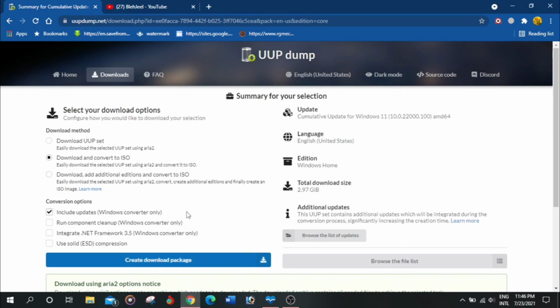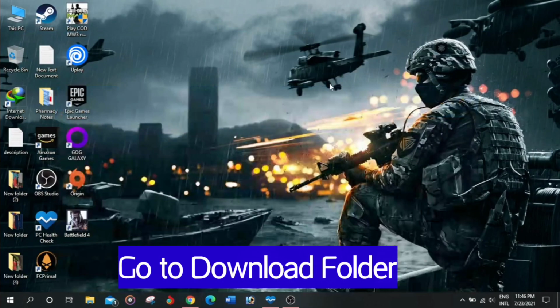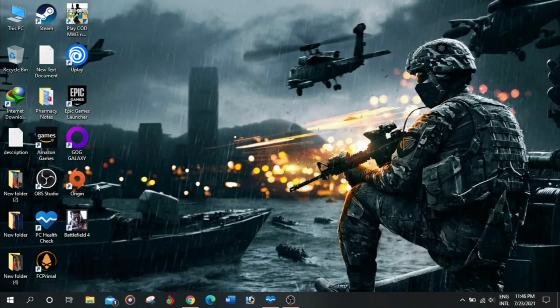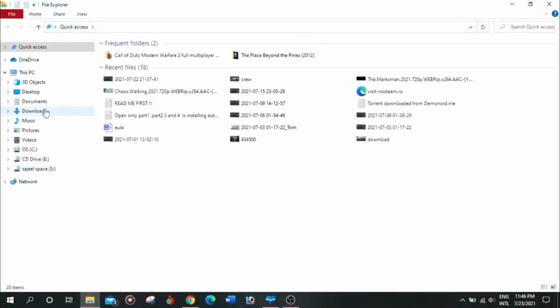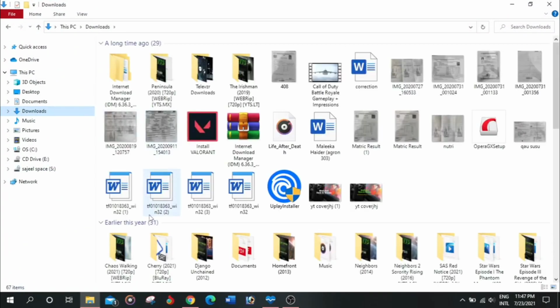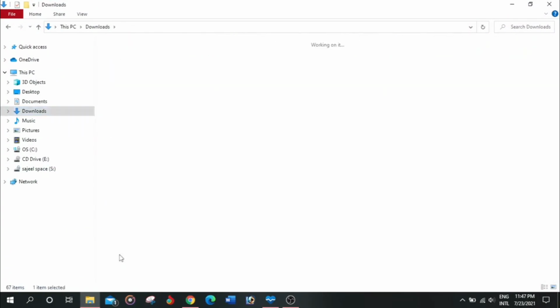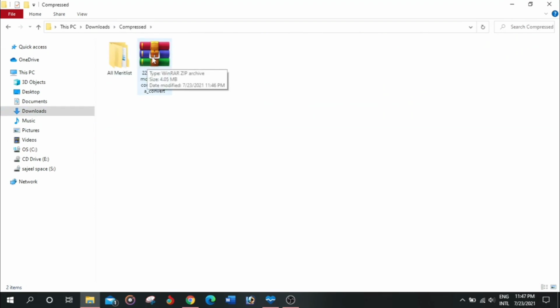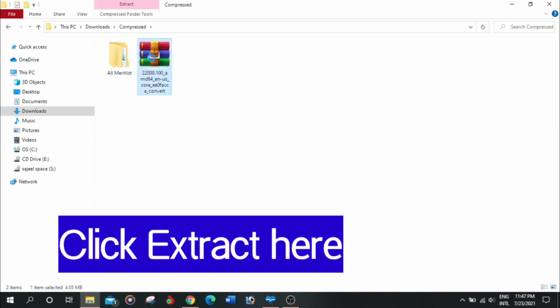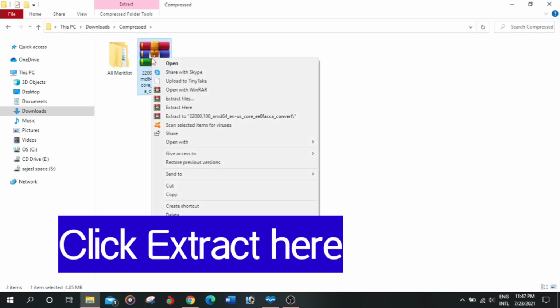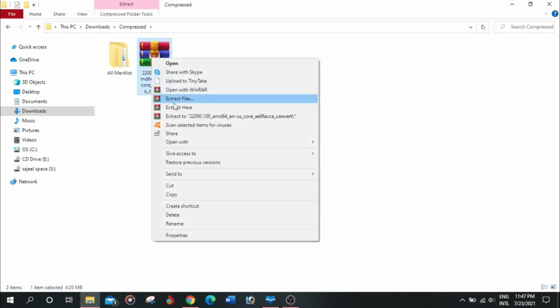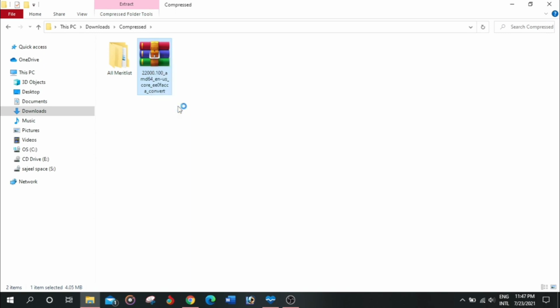Now after that you need to go to the file you just downloaded. Here, as you can see, is the file we just downloaded. Click on it and click on extract here, or you can select any other folder.